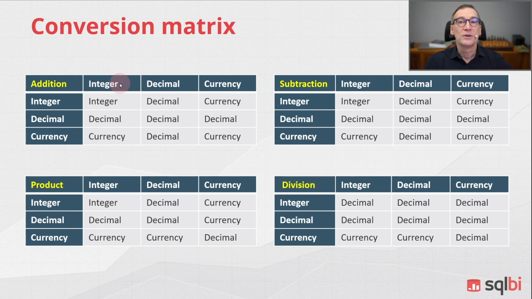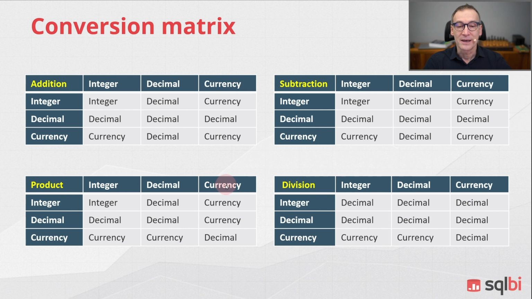Depending on the data type of the two operands, like integer, and the operator, you have a different outcome. For example, summing a decimal with an integer produces a decimal, or subtracting a decimal from a decimal produces again a decimal. Among all the possible combinations, one that you need to be very careful with is the multiplication with currency,